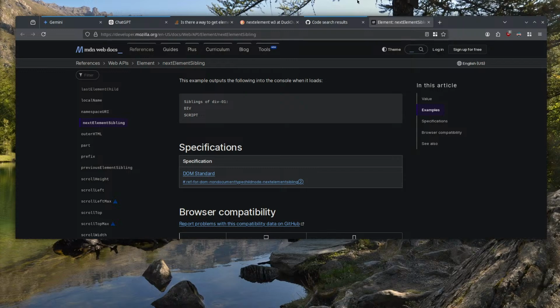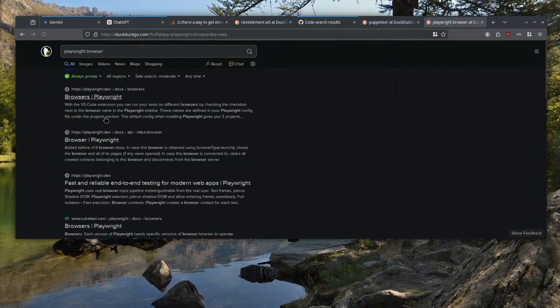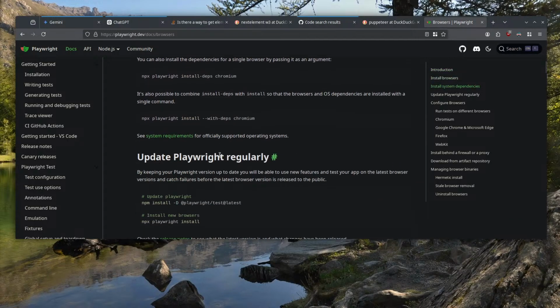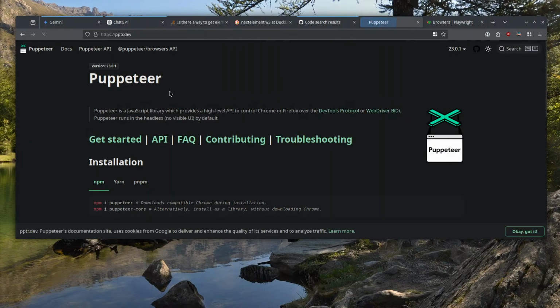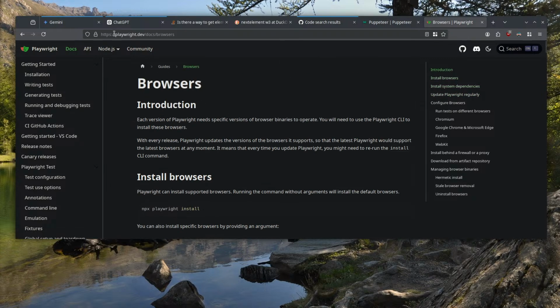Okay. So I don't know what Puppeteer or Playwright are. Presumably they are headless browsers. How do you spell it? Each version of Playwright needs specific versions of browser binaries to operate. You will need the Playwright install dependencies. Puppeteer lets you control Chrome or Firefox. I don't think this is headless. Did it just tell me it was headless, or is it just